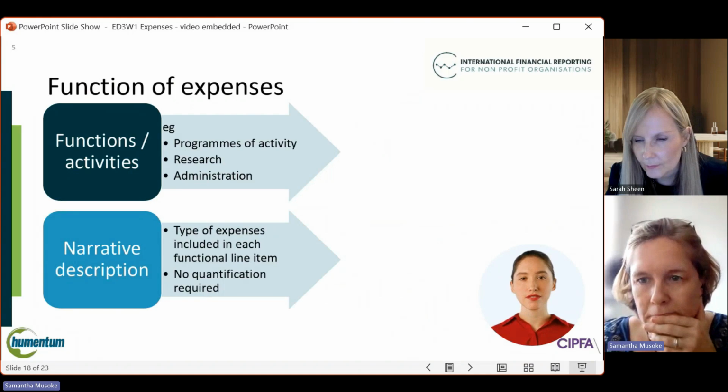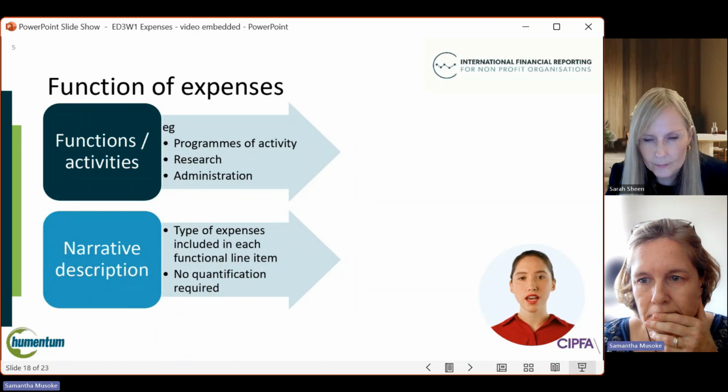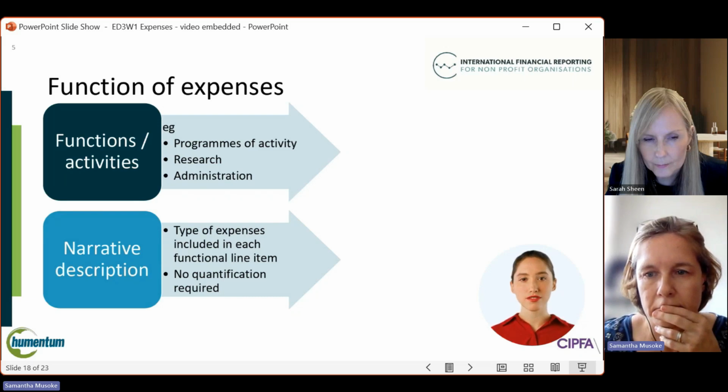Where expenses are classified by function, the expense analysis shows the cost of the activities that the NPO has carried out. A function of expense analysis might show major programs such as education and counseling services or research and development or administration activities. To produce an expense analysis based on function, an NPO must allocate and combine expenses according to the activity to which each function relates.